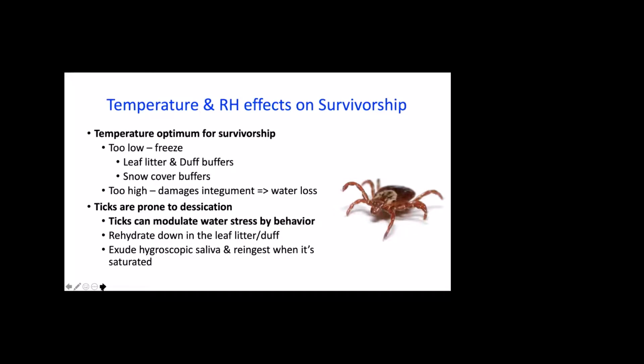All right. So talking about how ticks might be affected by temperature and RH, which I have for relative humidity. These factors are picked because ticks are ectotherms, and they're prone to desiccation. In terms of temperature, like many organisms, there's some optimum for their survivorship, and that's a little different for larvae, nymphs, and adults. But for the most part, and these are mostly temperate ticks,